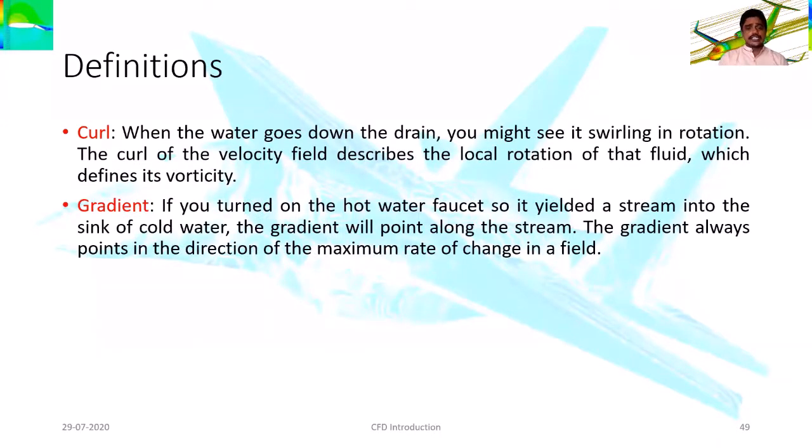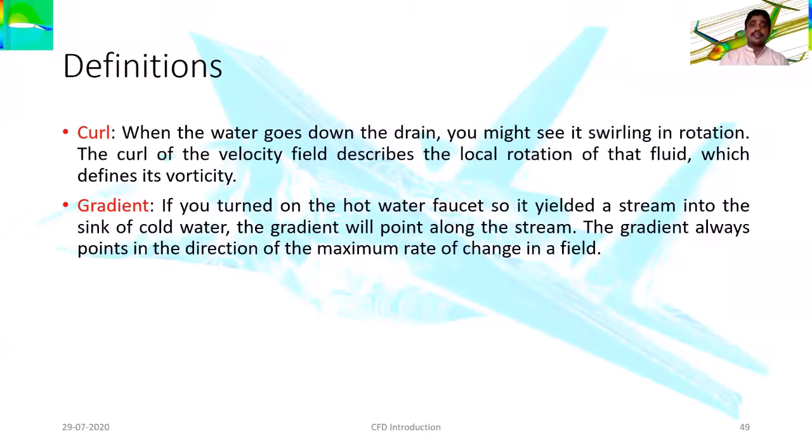What exactly the curl defines is whenever there is a fluid rotation, or the fluid vorticity is happening. So we would like to see exactly the curvatures or the circles that the fluid is making inside. That will mostly be in the form of curvatures. So it exactly defines the local rotation of the fluid flow, where it has that particular velocity in that direction. That is the curl of velocity.